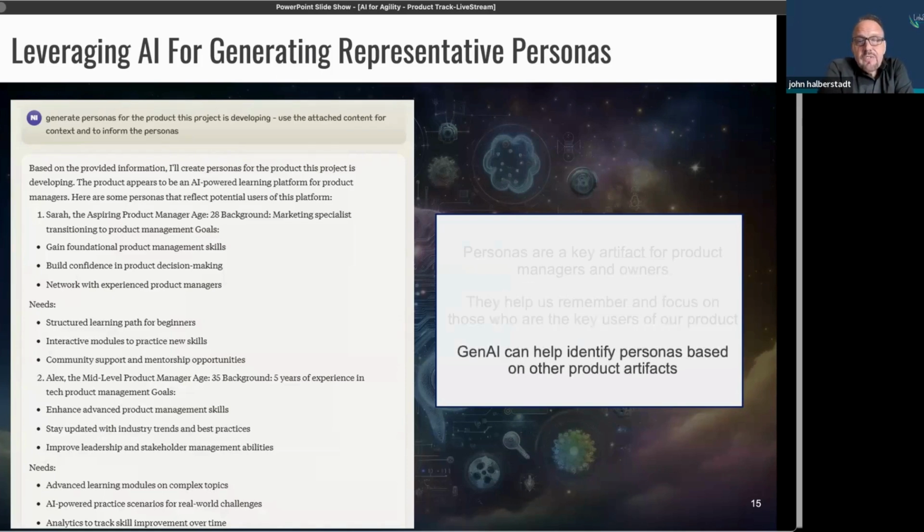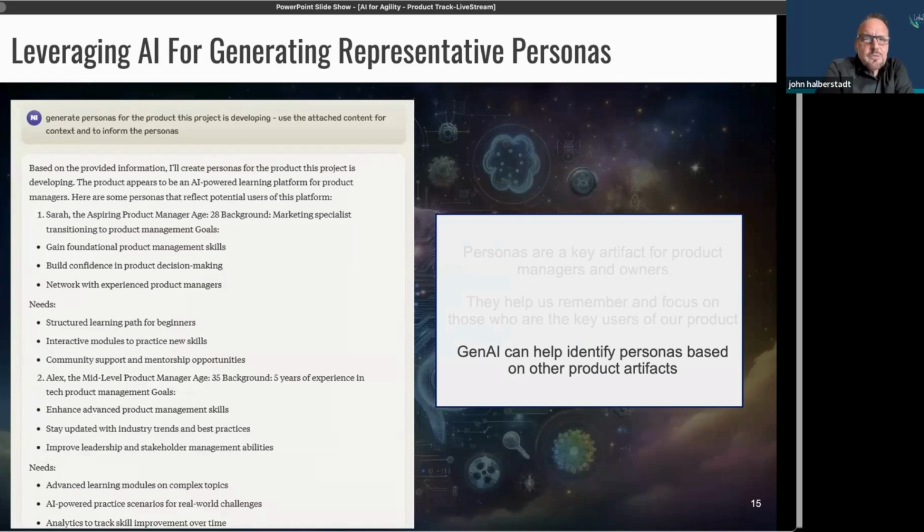And I have done this from scratch. I don't know how many times. I don't know that I would end with these, but again, same idea. This is a great first start. This is a great rough draft. And so in this particular instance, we talked on those prior slides about what this product is doing. And so personas were developed here.